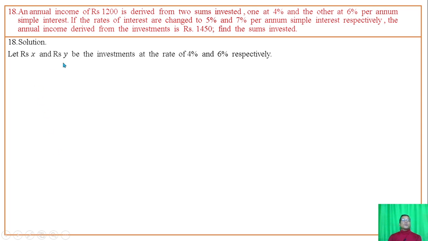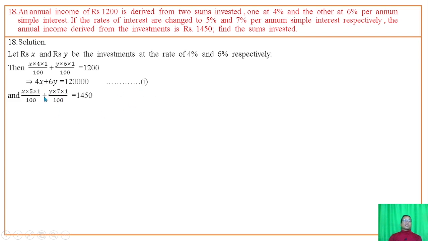Let rupees X and rupees Y be the investments at the rate of 4% and 6% respectively. Then interest PRT by 100 ke formula palo first something like interest, second something like interest, and it is 1200. But to simplify to roga equation 1 variable ani equation 1 assume na mathangi su 5% 7% de la interest ani sum do 1450 ni simplify to simplest from the equation ani equation 2 ani is solve to